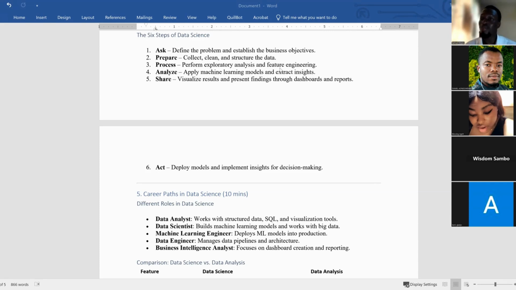Okay. So please ask questions, especially if you are working in the health industry as a data scientist. Don't assume, don't go and kill somebody. All right. Ask questions, prepare the data, collect data, clean the data, structure the data. Okay. And then you perform your exploratory analysis. So these things, I mean, that's sounding very foreign. Don't worry, we're going to do everything. Perform exploratory analysis, feature engineering, okay? Then machine learning, that is you analyze the data, you visualize, and then you deploy your models, okay? So please take note of all these things.